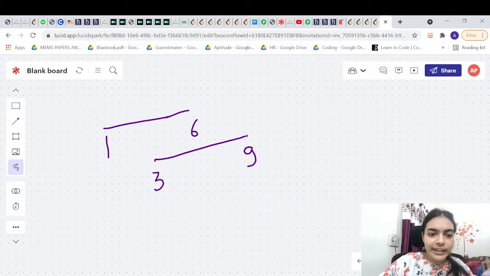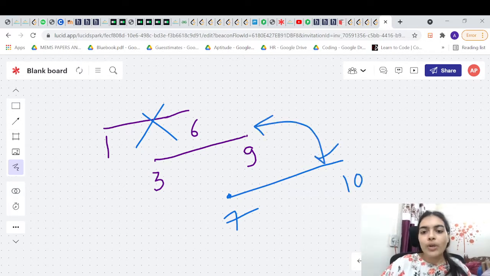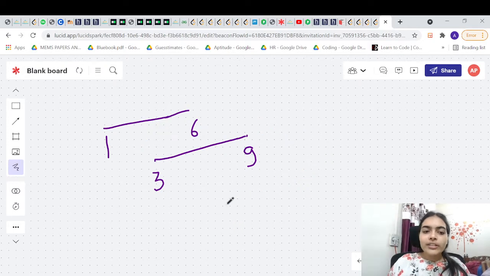But if you had deleted, let's say, the first interval and you keep the second interval, in this case these two will still overlap, so you will still have to delete one of them. In that case the answer will be 2. Okay, so now let's go forward.